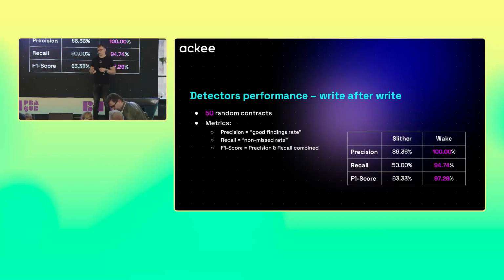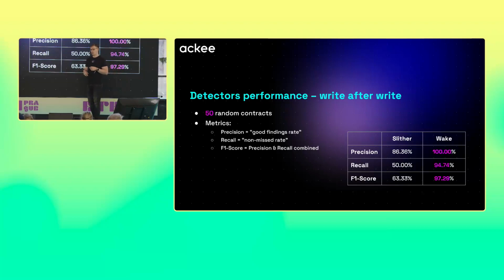And we've taken 3 different metrics. The first one is precision, which states the number of good findings versus the number of all findings reported from the detector. The second one is recall. The recall is the non-missed rate. So basically it says how many findings we did not miss versus the total number of findings out there.